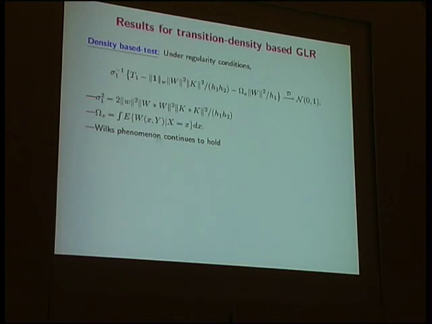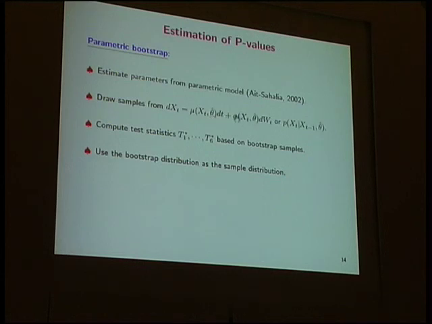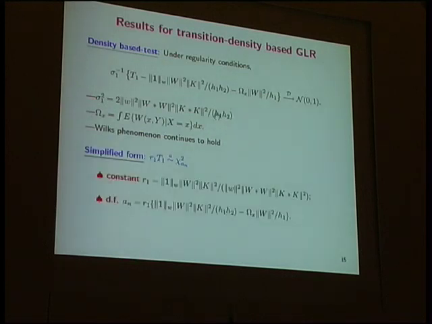So this is basically saying that the Wilks phenomenon holds: the asymptotic null distribution we simulate from doesn't depend on any theta value. If I translate this into a more familiar form, it's basically a Wilks type of result, like a likelihood ratio test, suitably normalized by a constant. It will be an asymptotic chi-square distribution with degrees of freedom like this. The degrees of freedom depend on h1 and h2, because h1 and h2 define the rectangles: I partition the x direction using h1 and the y direction using h2, so the total number of rectangles will be of order 1 over h1 h2. Okay, nice. So now